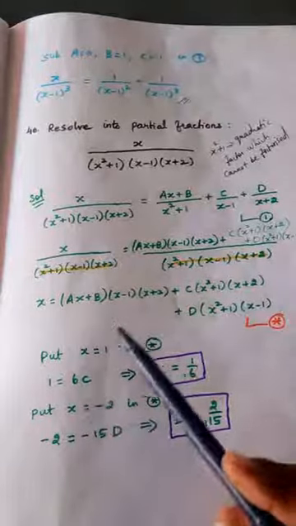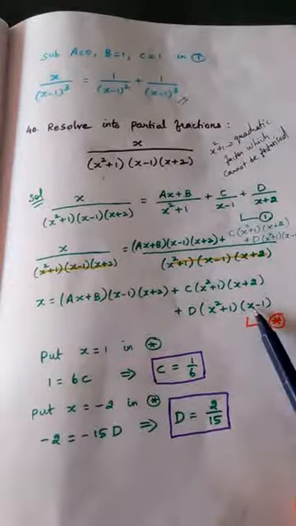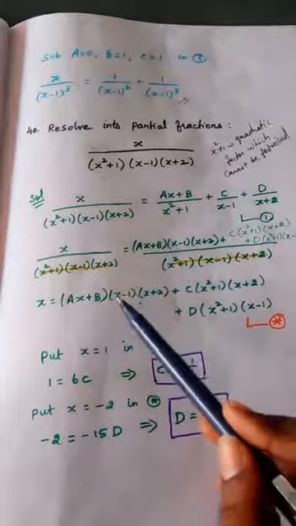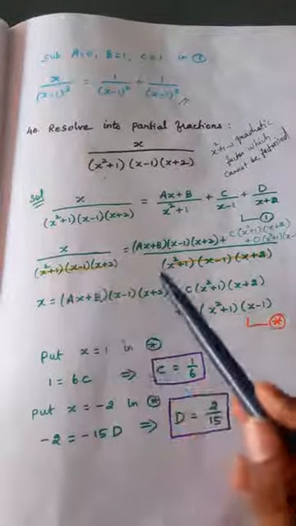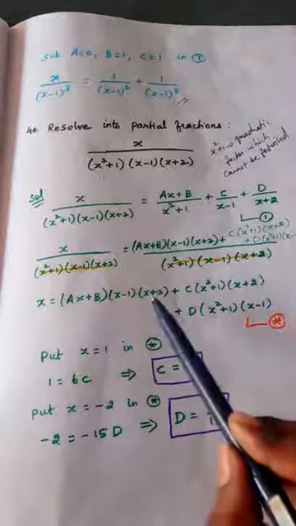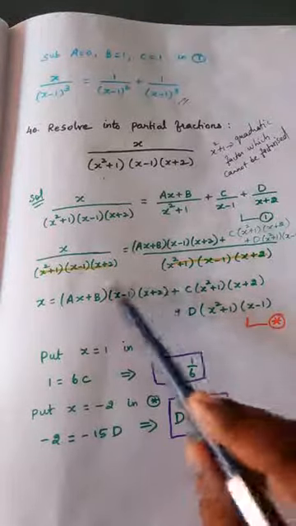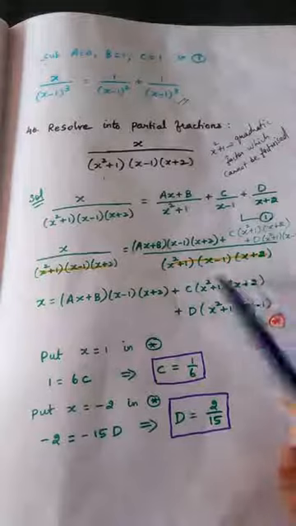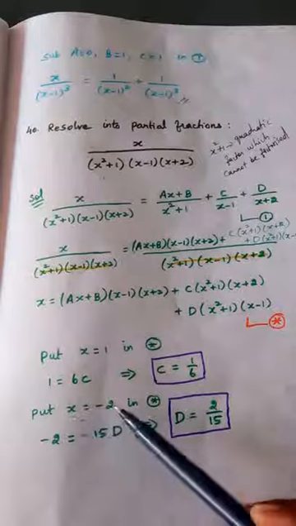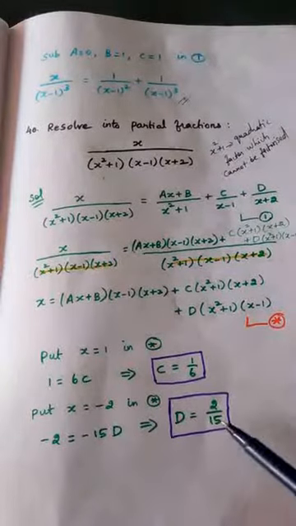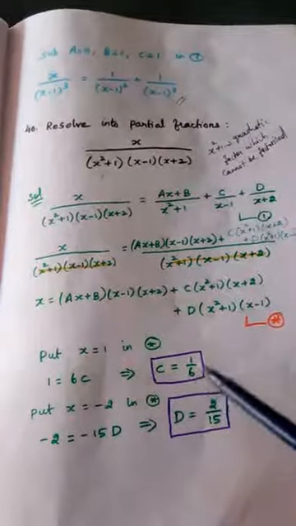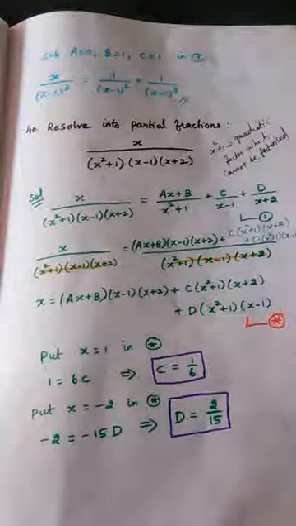Now see, giving suitable values, because here x minus 1 is present. If I put 1, this full term will become 0. So I am using that and finding one value. And then I am looking at this. If I put minus 2, the first term will become 0, so that I can get the D value. So I am using x equal to minus 2 and getting the D value. So the C value and D value we found out. You calculate and try to check this. C is equal to 1 by 6, D is equal to 2 by 15.